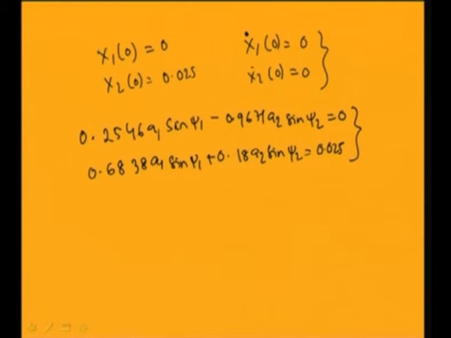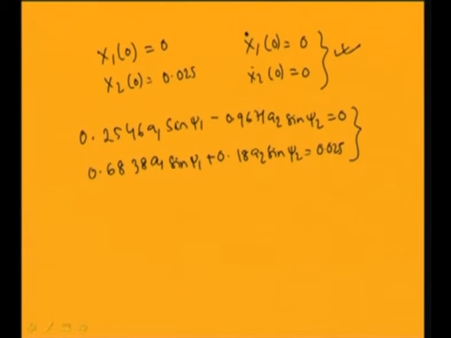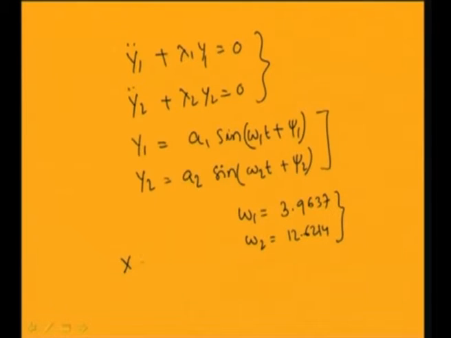So before substituting the initial conditions x1(0) equal to 0, x2(0) equal to 0, one should find the expression of y1, y2 in terms of x1, x2. So one can substitute x equal to P y, that is, x equal to the weighted modal matrix transpose into y. So that will give you